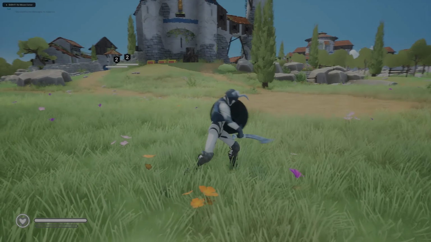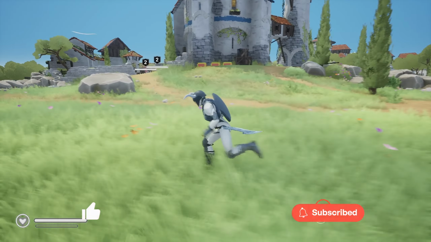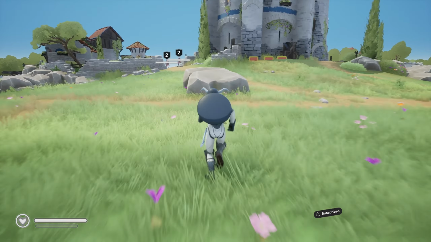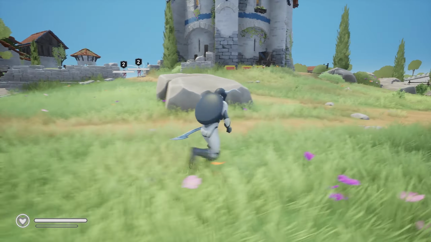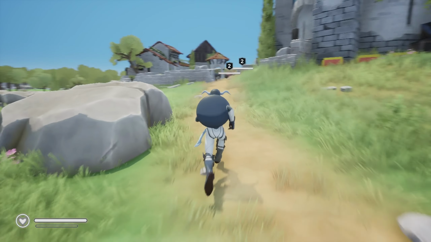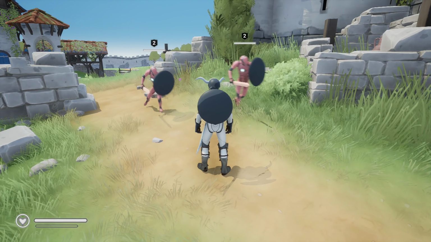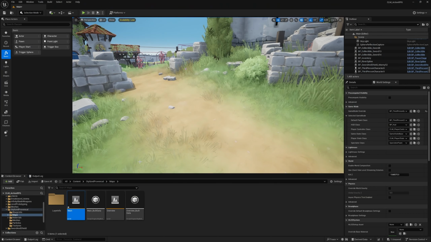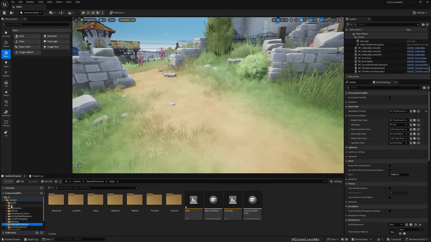Alright, so as you can see here, there are two enemies in the distance, but I can already see their health bars, which is not ideal. It looks kind of bad. So I only want them to appear when I am close enough to those enemies, maybe when we are in attacking range. Okay, so to do that, let's go to our